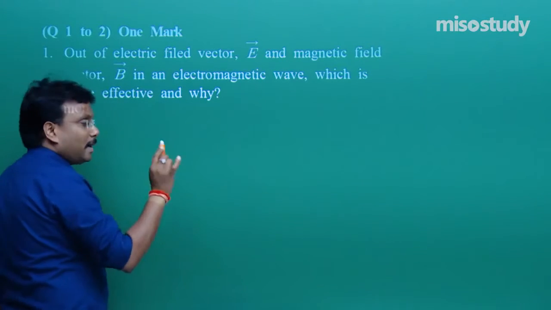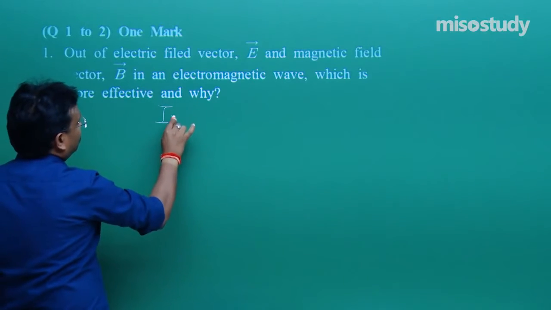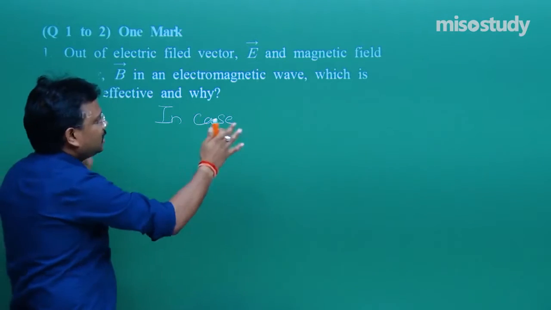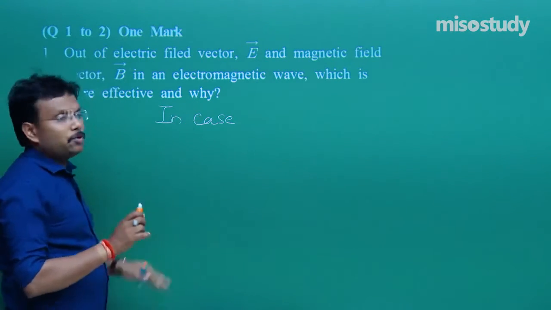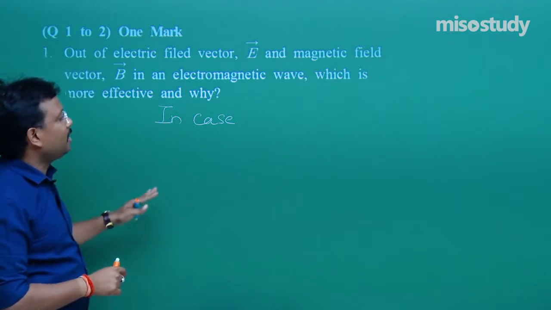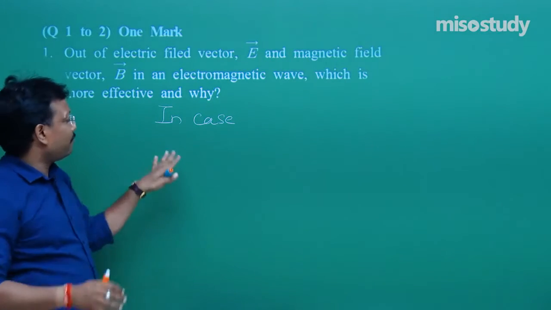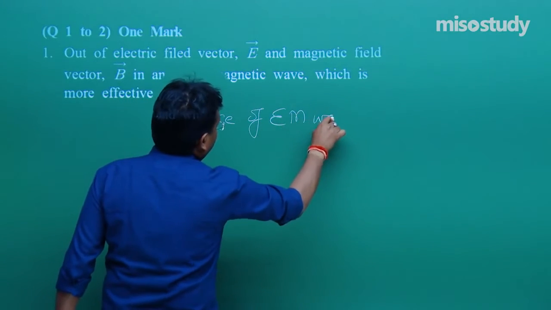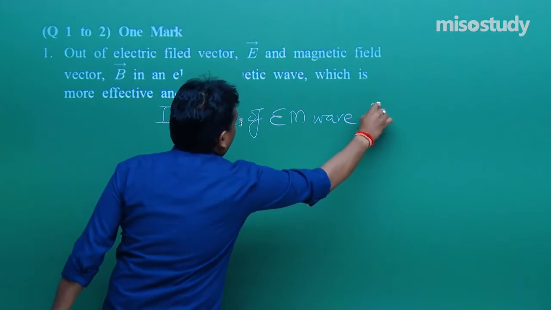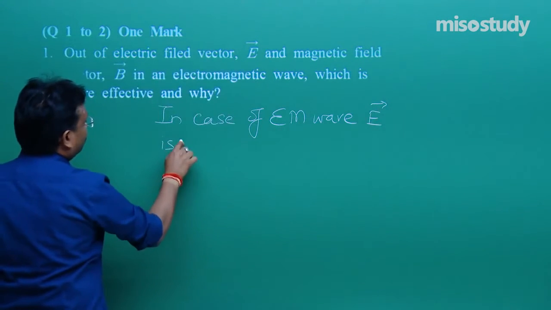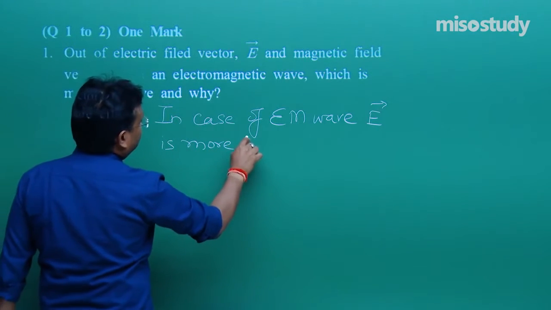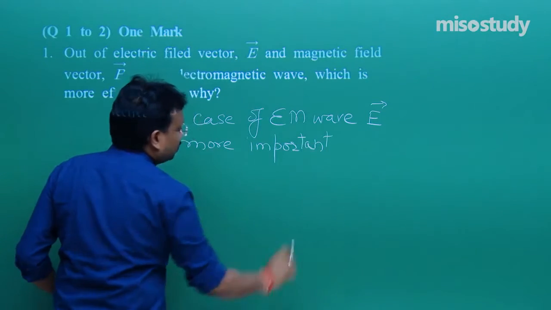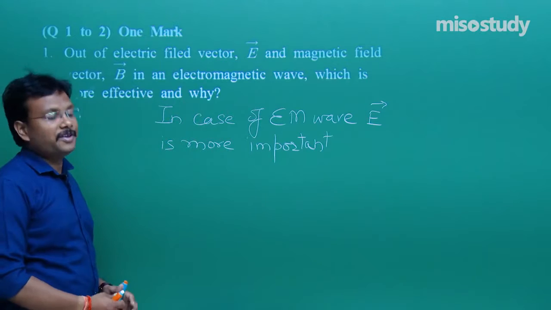In case of an electromagnetic wave, you need not write down like this, I am elaborating the entire picture. It is up to you to select only the selective part. I am going to explain so that you can develop a proper understanding. In case of an EM wave, the electric field vector is more effective, more important. The question comes to mind, why? Why is it so?